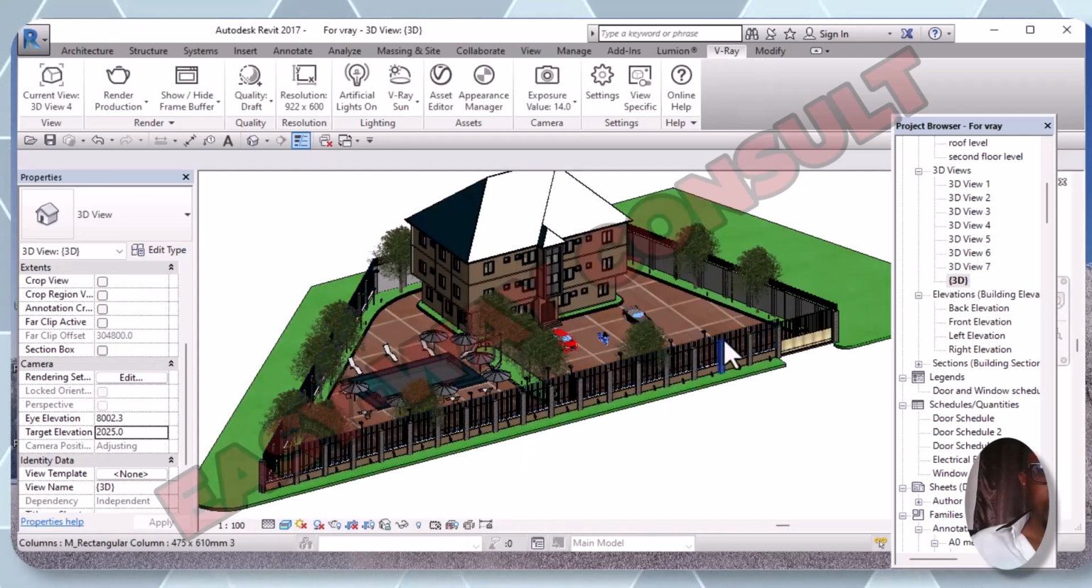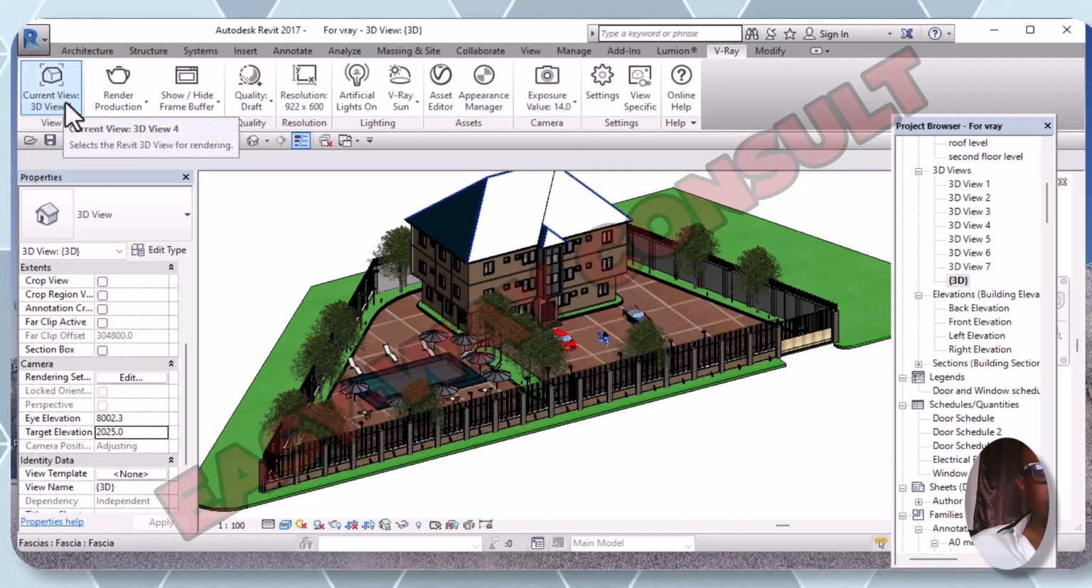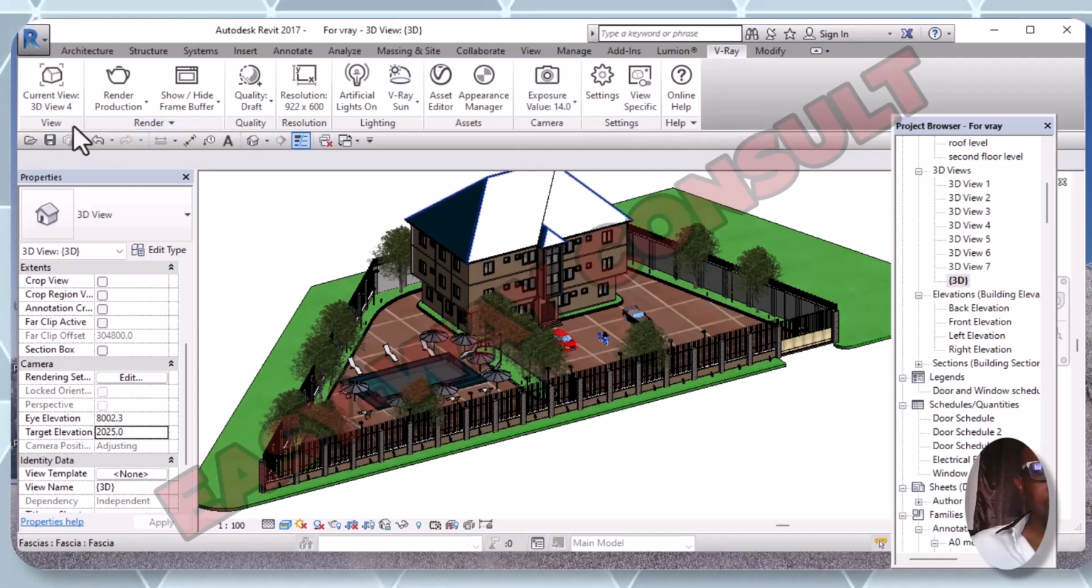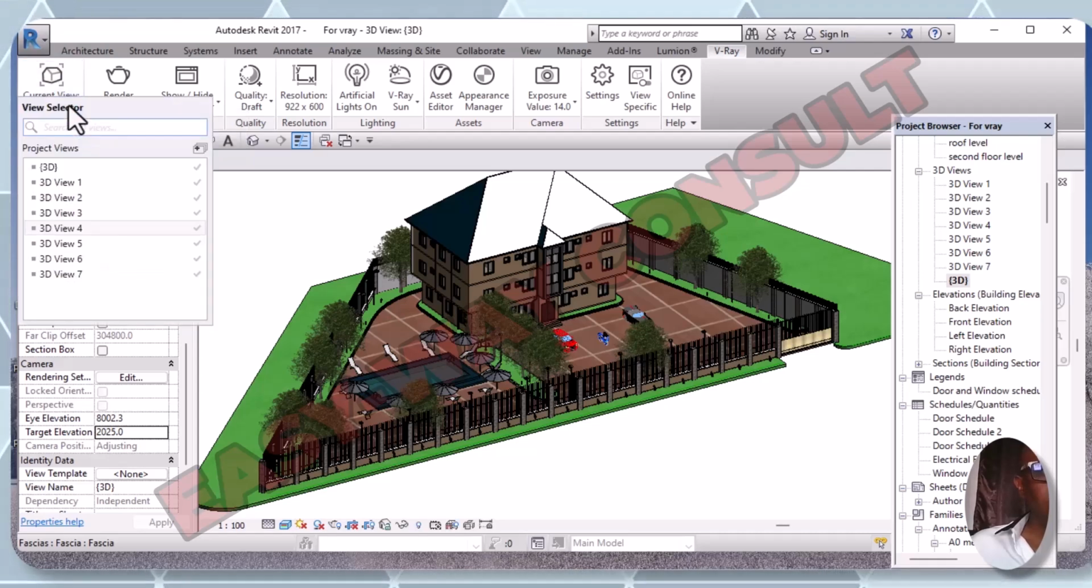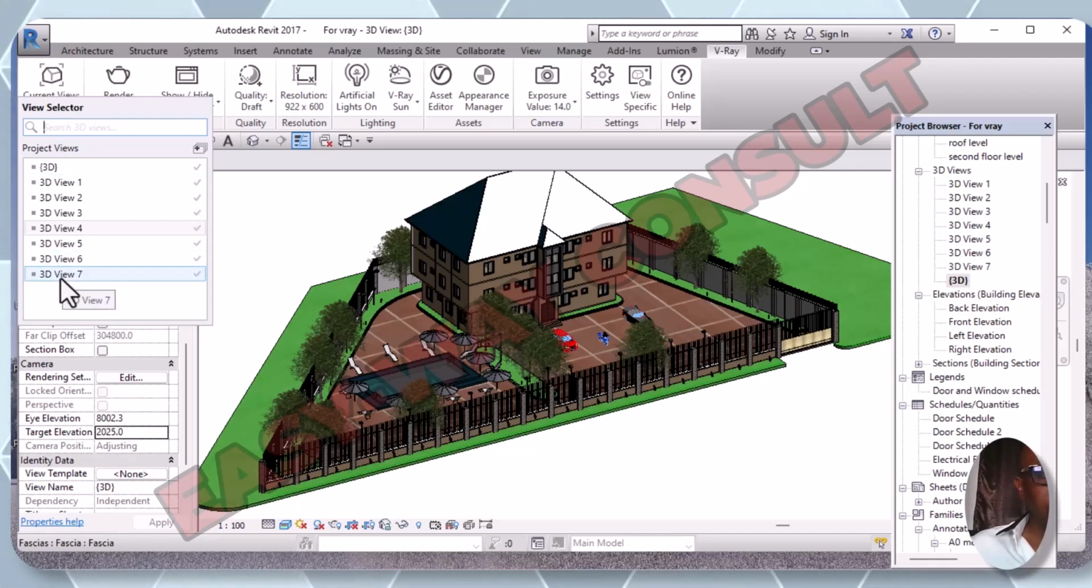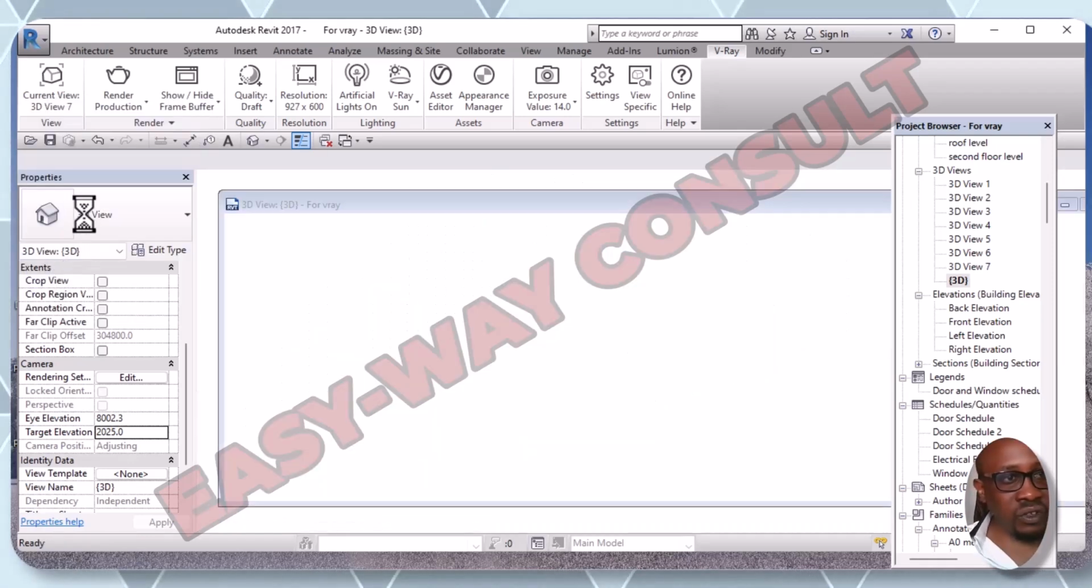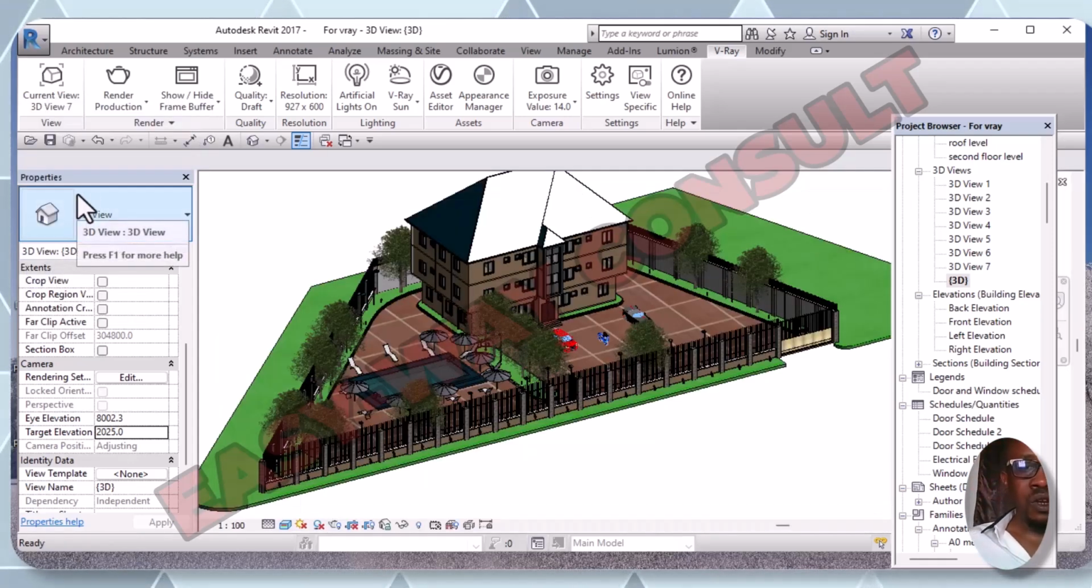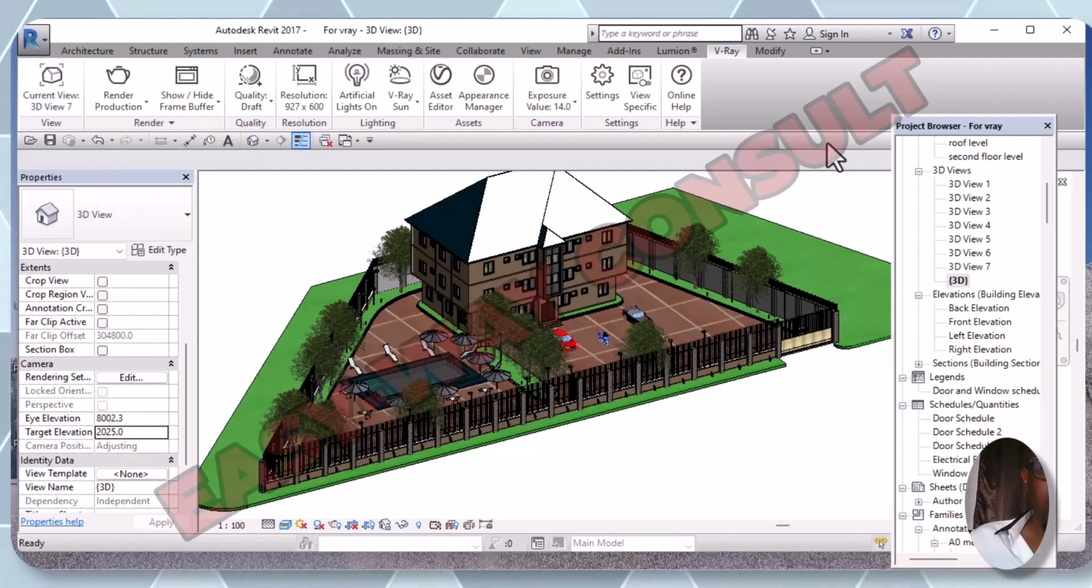So the view now is active. So you can see this current view. Whatever you set here, you are working on view 4 as selected here. So what you want to do is to select the view that you want to work on. So you go to V7. When you click on V7, whatever you set here,